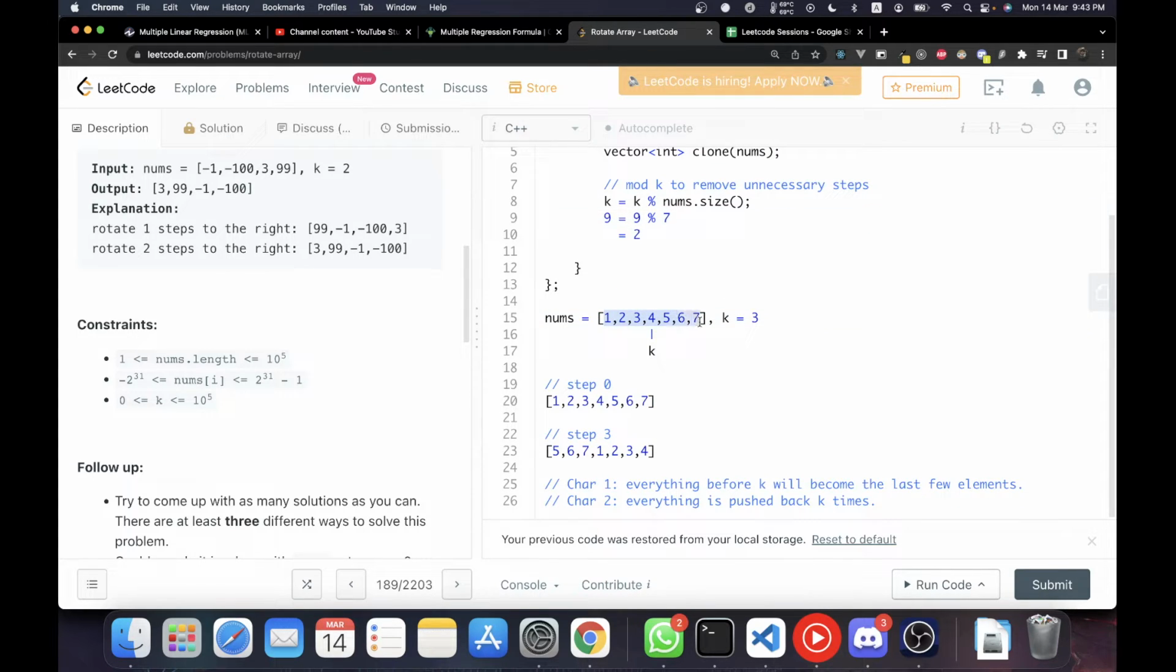Like in this case, 1 2 3 4 5 6 7, if I put k equals 7, then essentially the pivot will become at this place, at 7. Let's say I want to rotate this whole thing. If I rotate it 7 times, I'll still get back the same thing. If I take 7, move to the front, 6, move to the front, 5, move to the front, 4, move to the front, 3, move to the front, 2, move to the front, 1, move to the front,